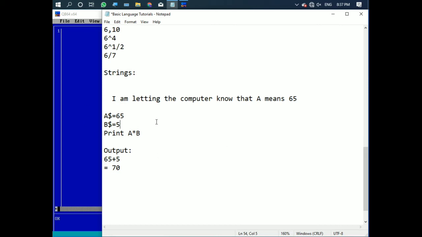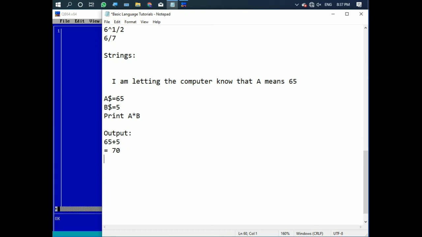Now directly we are going to move on to the basic interface. The basic language interface means the main things that are in this basic language.